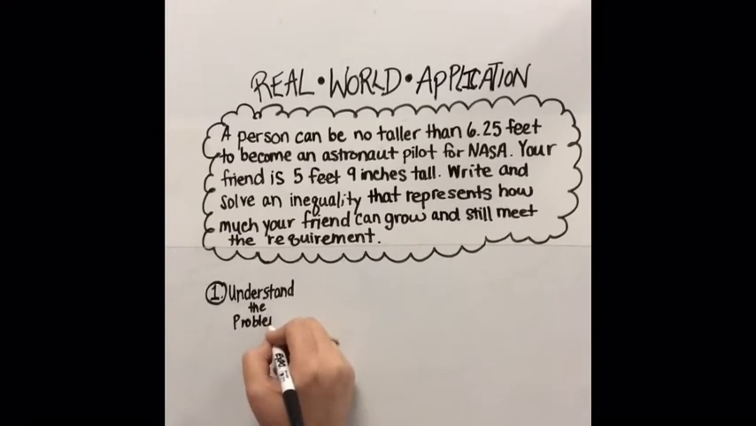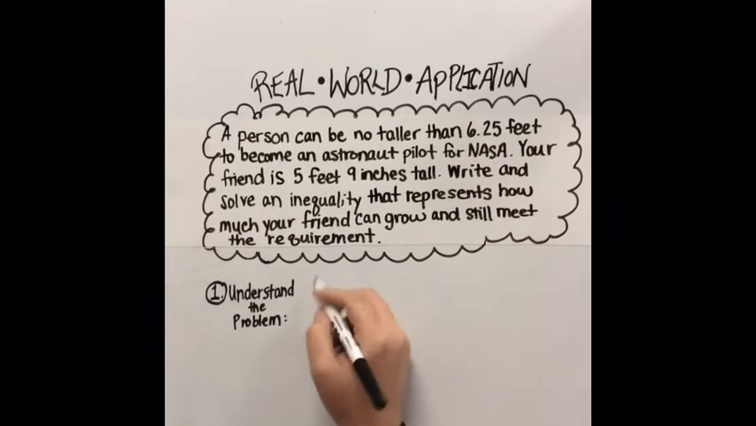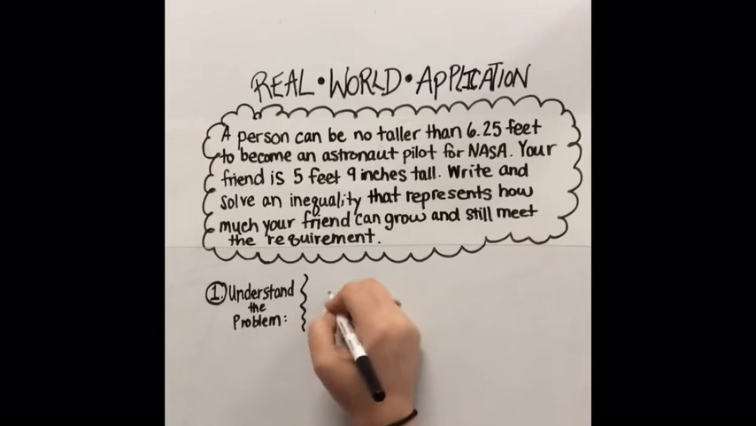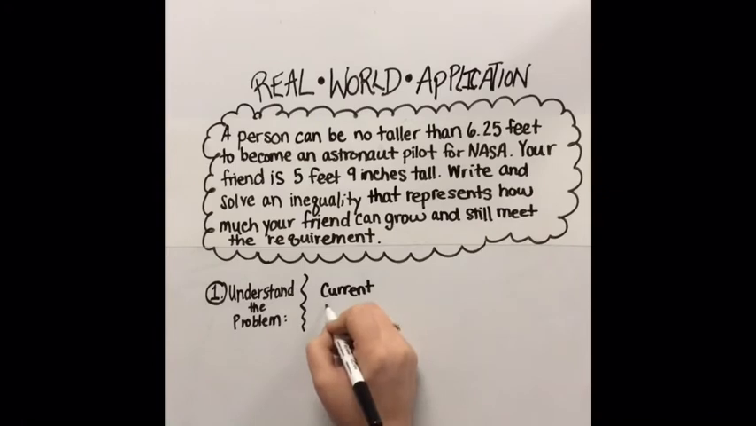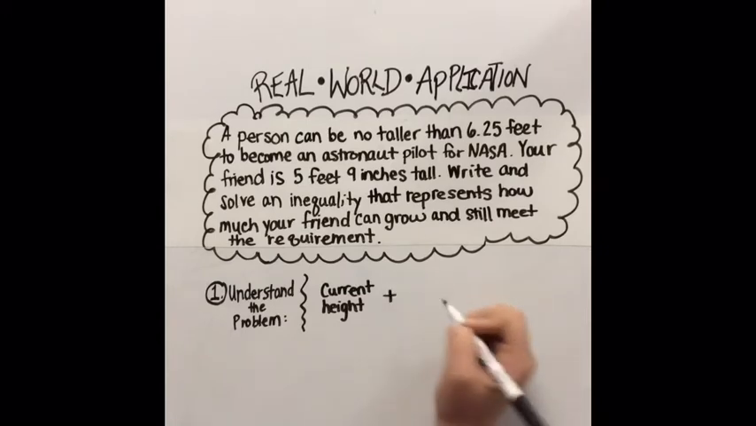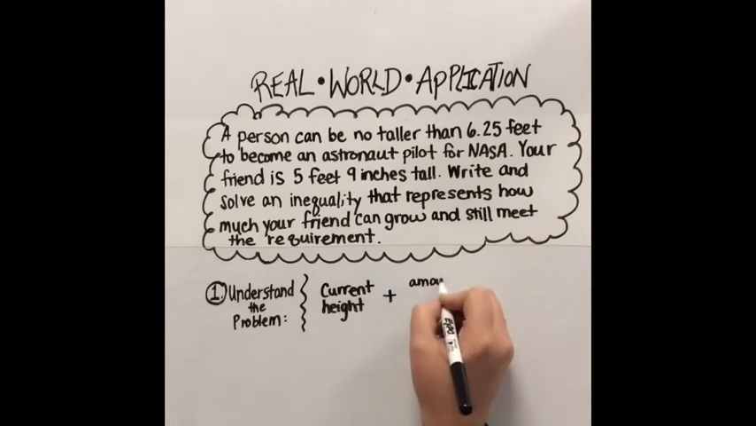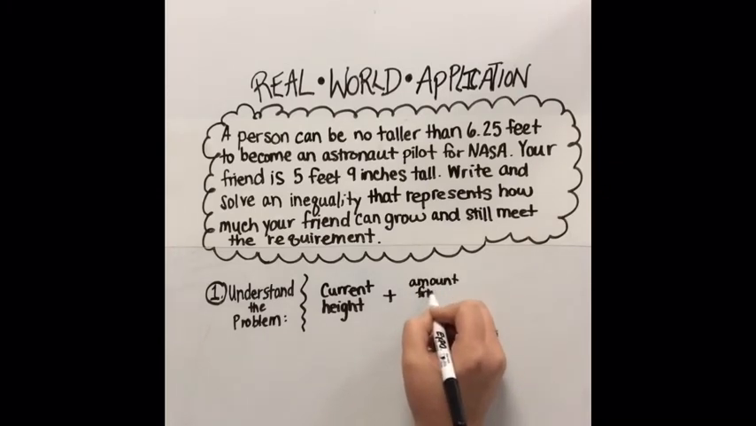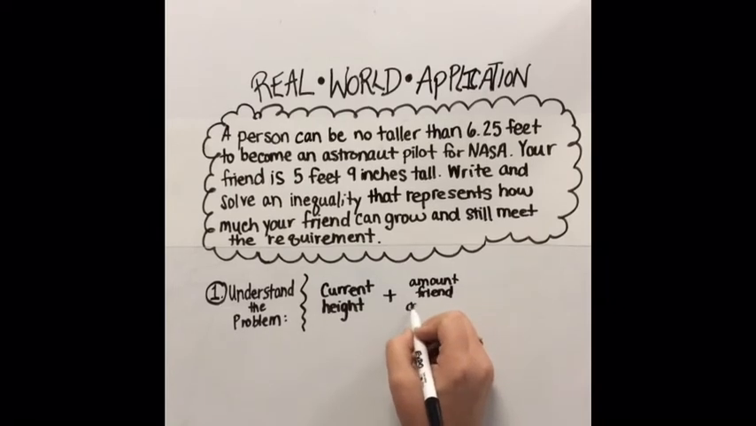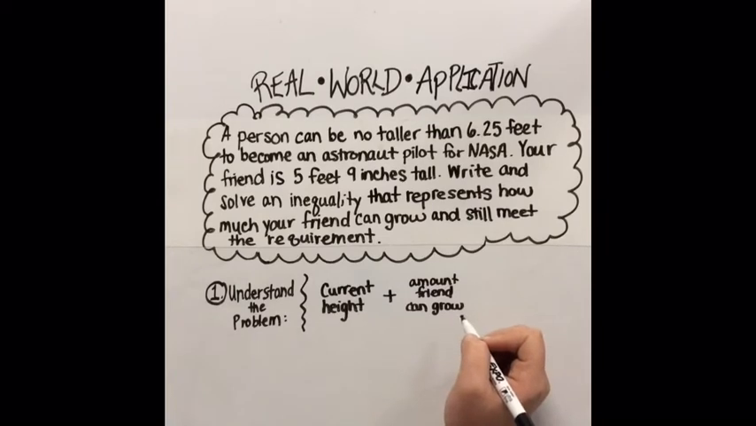Well, as usual, our first thing is we need to understand the problem. What's a great strategy is to use words in order to understand it. So after I read the problem, I know that I have to take the current height of my friend. So I write that down. I know I'm then going to add that to the amount my friend can grow. We know our current height added with the amount my friend can grow